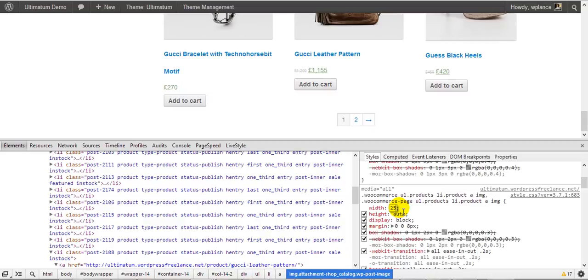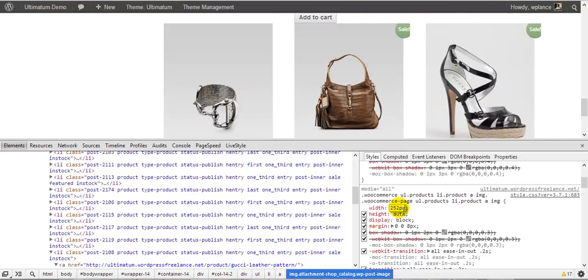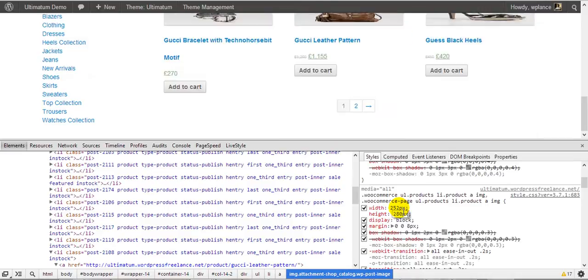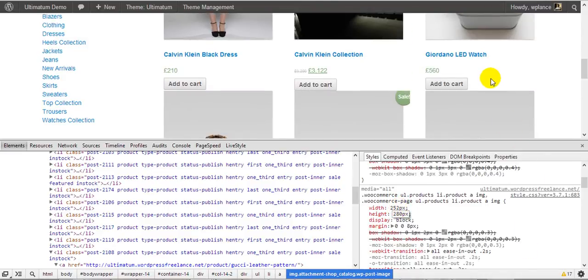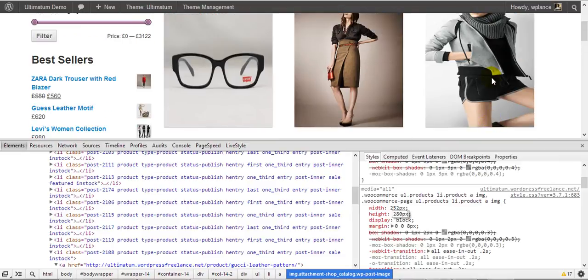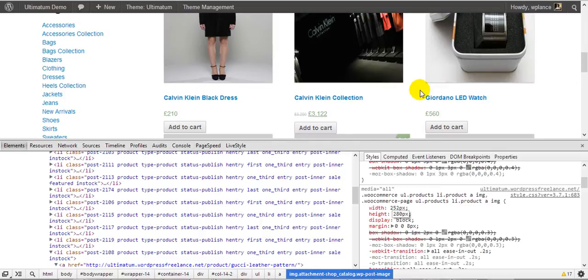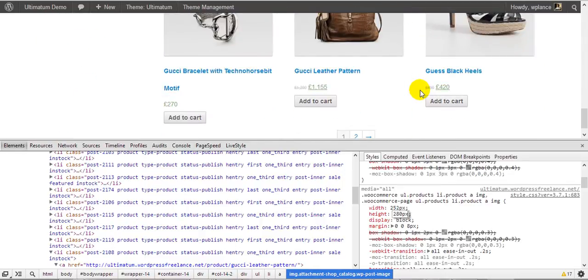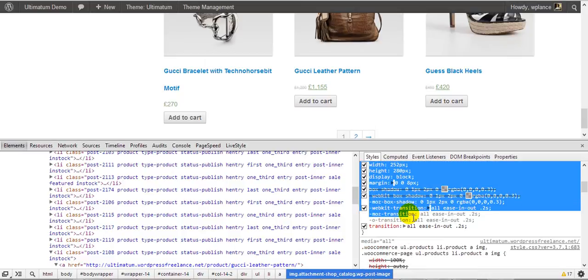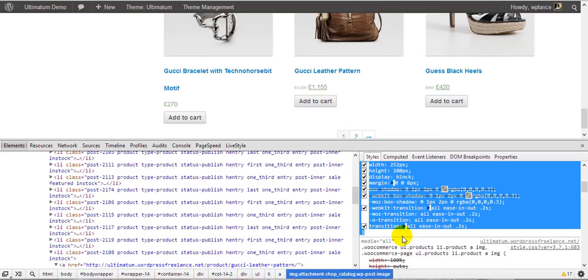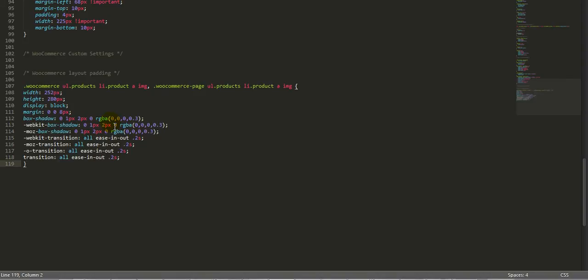So do 52 pixels. All right, and height, let's make it 280 pixel. Okay, this is just an imaginary thing, so it depends on how you want. And if you look at this right now, all these images for the product show up neat and nice. So I think this is good. What I'm going to do right now is copy this information here, Control C. I go back to my CSS, add the CSS here,